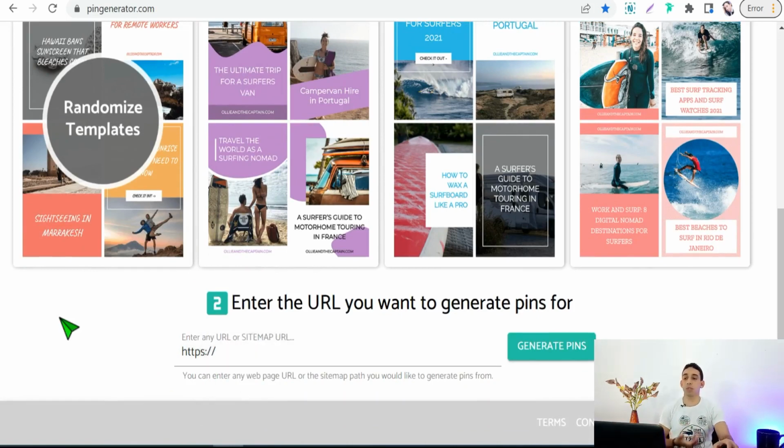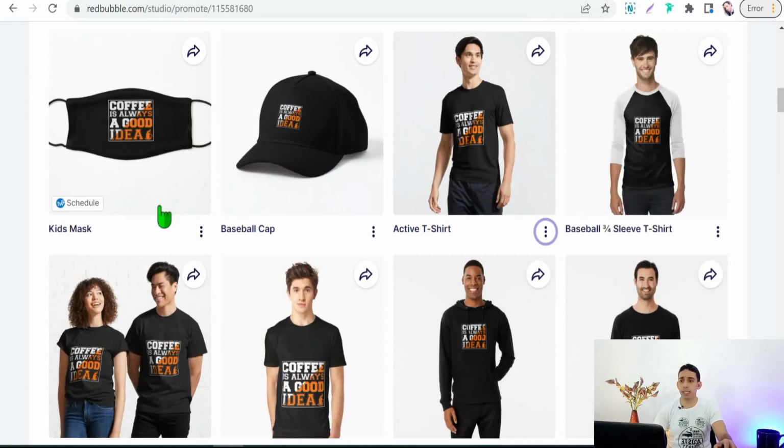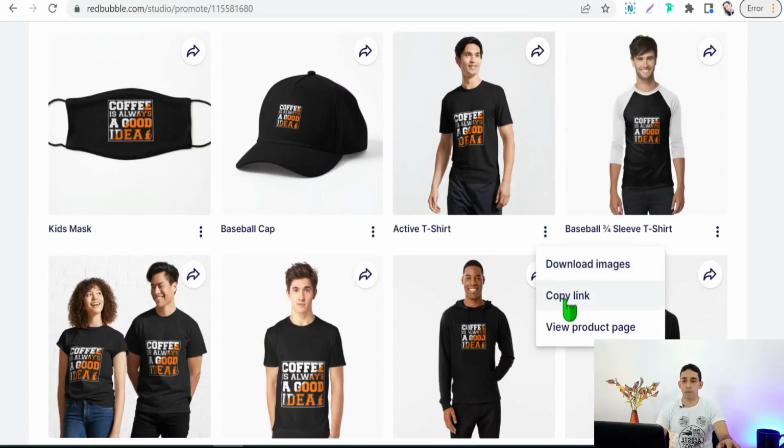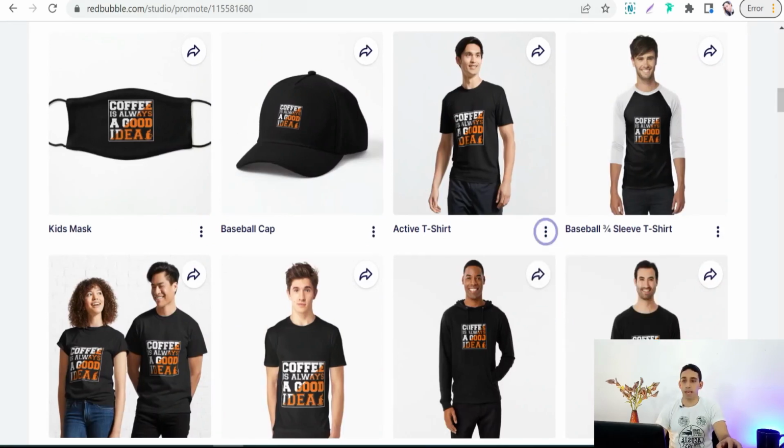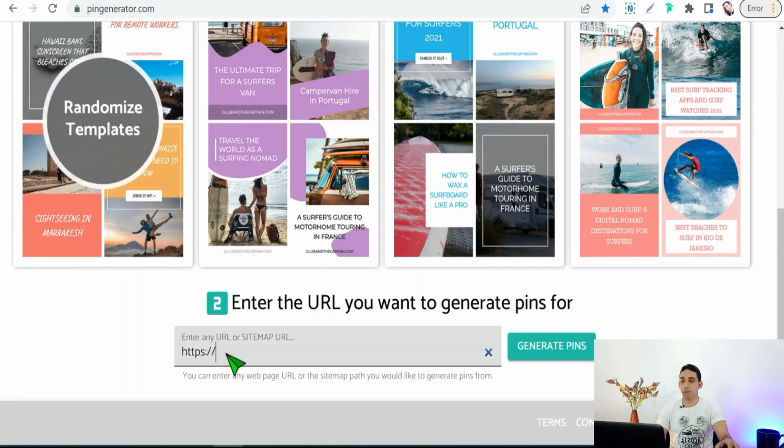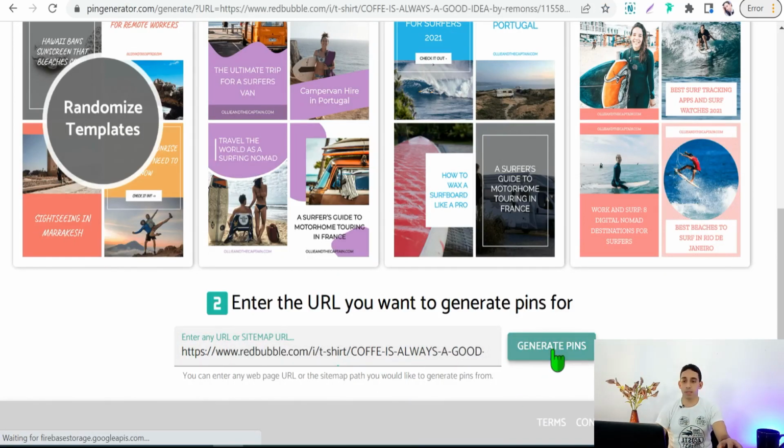If we are promoting some products of a print on demand platform like Redbubble, Teespring, Spreadshirt, Zazzle, and so on, we can take this one, copy link from here, and paste back into pingenerator.com, and for sure remove this one, and paste and generate pins. Click over this green button,